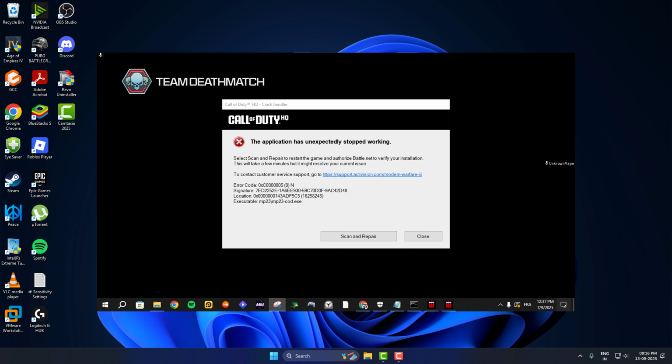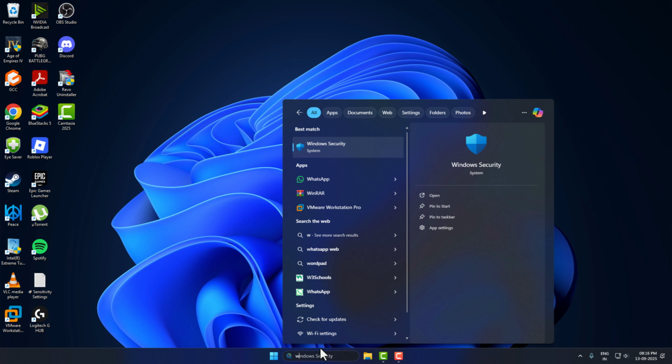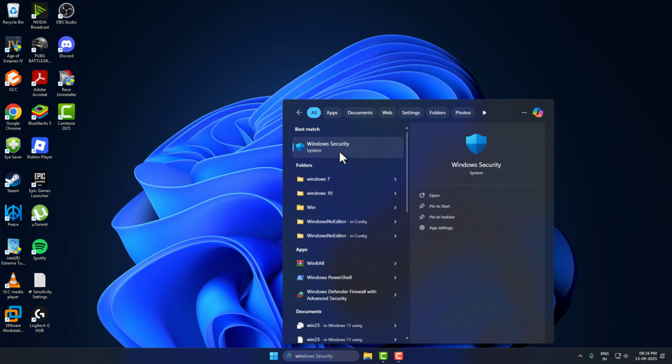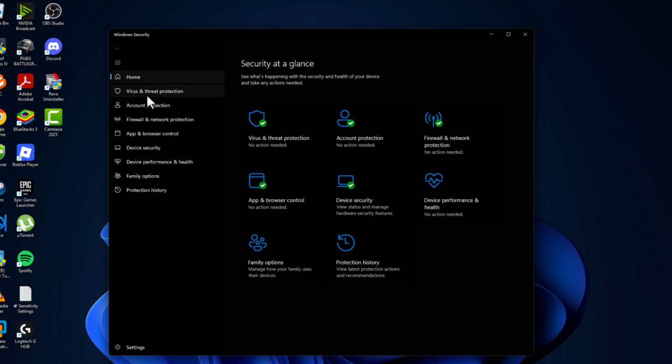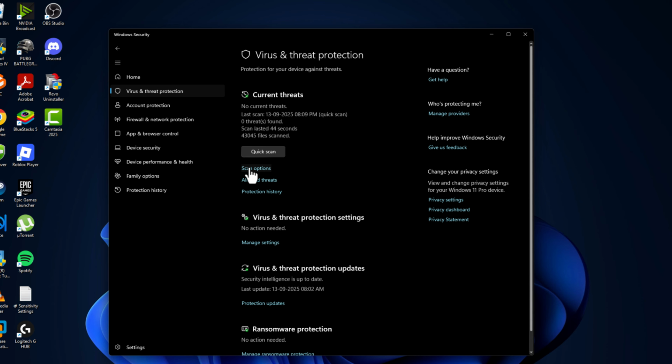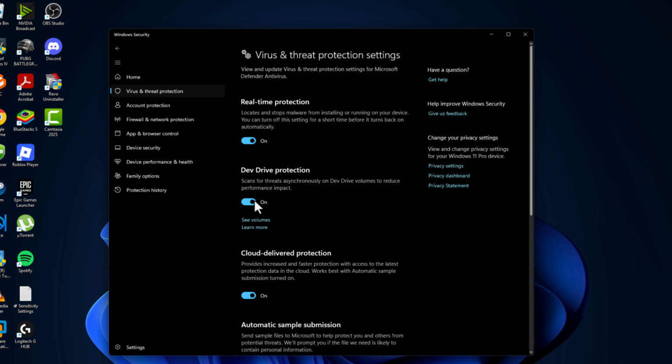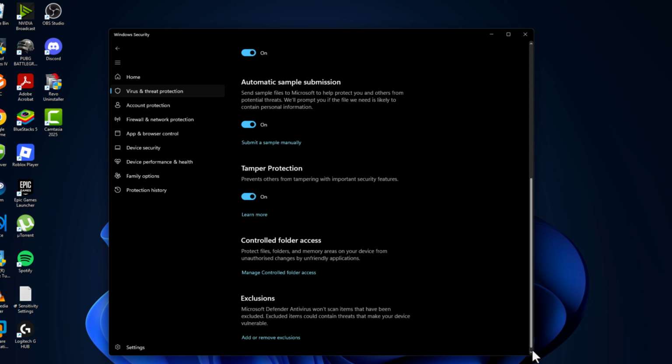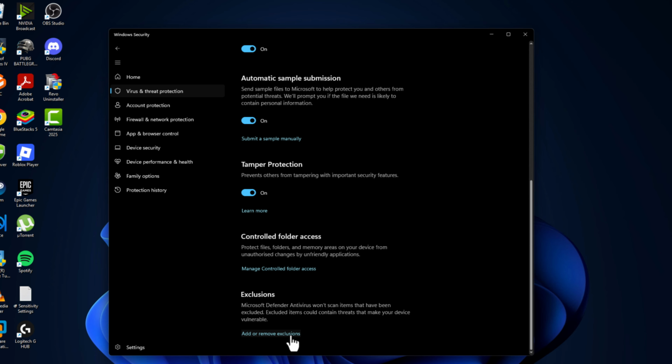Today we are going to see how to fix the application has unexpectedly stopped working MW3. Let's fix it, guys. You just need to go to the search menu and type Windows Security. Click on open it. Select virus and threat protection, select manage settings, scroll down and select add or remove exclusions